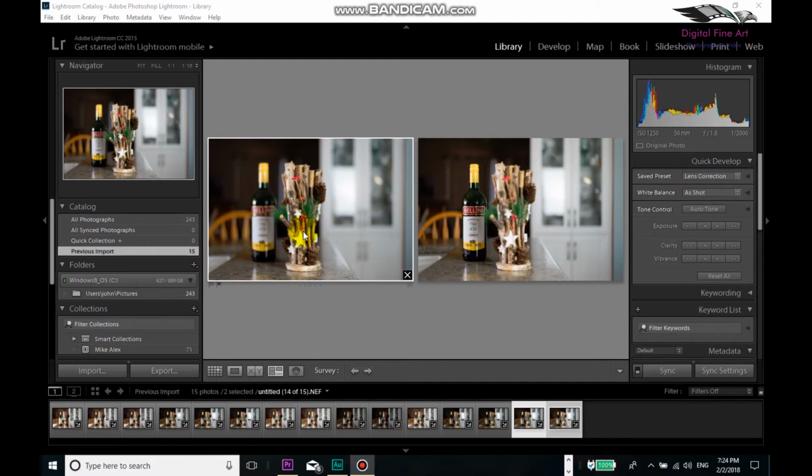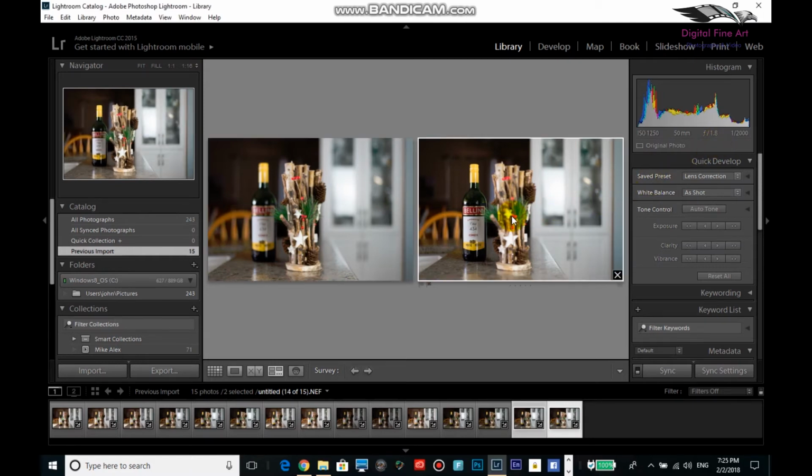Okay, one more stop in Lightroom here to compare those last two photographs that we've taken. The first one here on the left is focused on the Christmas decorations. You can see it's nice and sharp, but our Bellini bottle here is a little blurred. That's our depth of field, very shallow at 1.8. The second photograph here, as you can see, the Bellini bottle is nice and sharp as I focused on that, but our Christmas decoration is out of focus. Shallow depth of field,